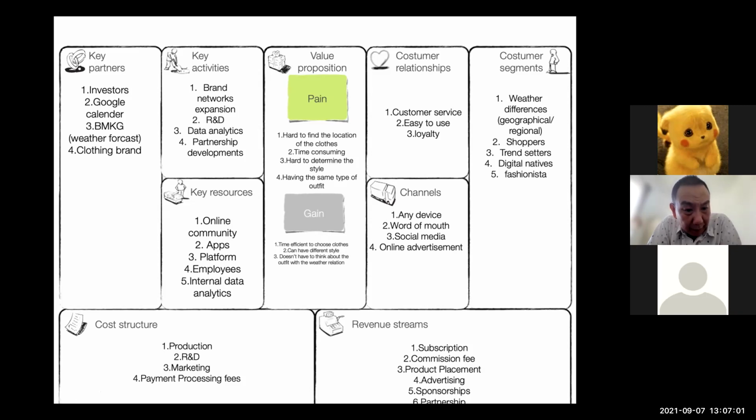So why is the payment processing a fee in the cost rather than in the revenue? Because you pay the payment processing to the bank. Is it? Which one? The cost structure number 4. Maybe since we're going to use Linktree, we're going to use OVO, ShopeePay to be paid to us, right? Okay. Yes. Okay, so this is excellent.